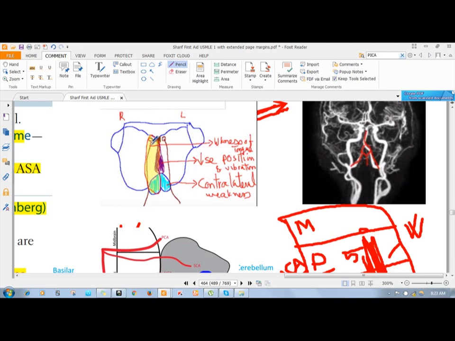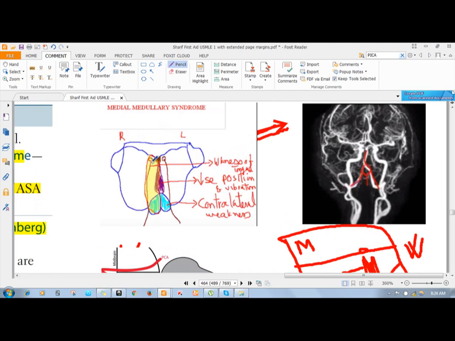So this is the lesion. This is also called the medial medullary syndrome, and this occurs due to a lesion or obstruction of the anterior spinal artery. So here this is an angiogram. You can see those two are your vertebral arteries going up and forming this basilar artery, and those two stems, this stem from one vertebral artery and this stem from another vertebral artery. This actually shows you the